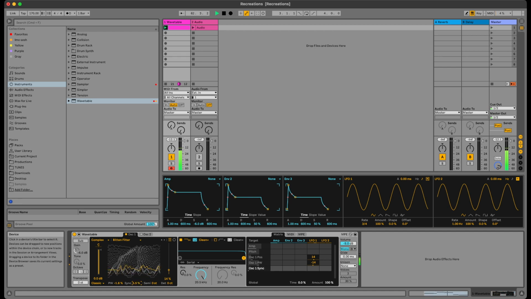Amazing. I love that. Right, let's have a dirty filter with quite a lot of drive. Oh yeah, you need to sort of watch your levels when you start doing